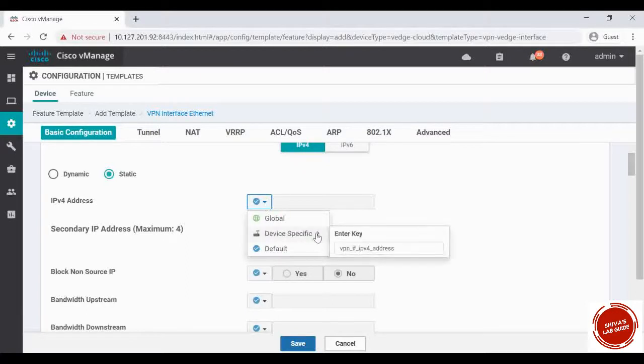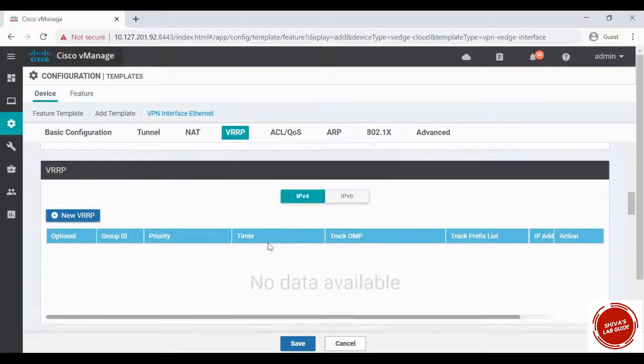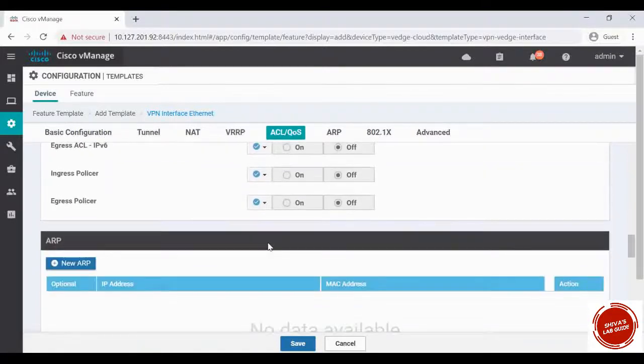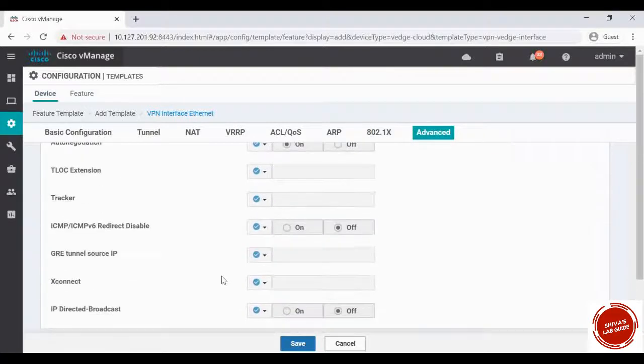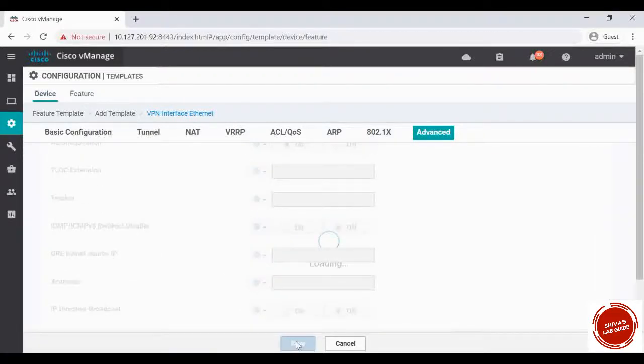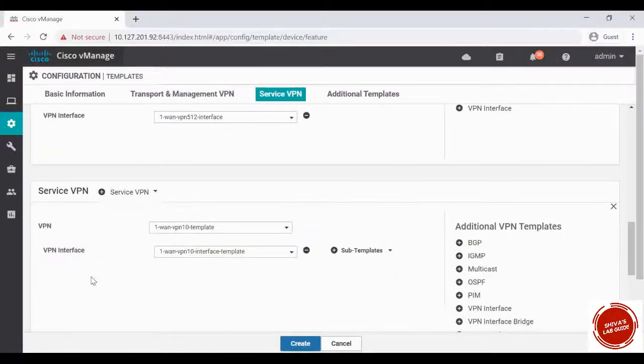That we have to give device specific, VPN 10 interface IP address, you can see. And I'm not configuring anything else. VRRP we'll see in other labs. Rest everything I'm going to keep as it is. The duplex I gave full, and that's it. So now VPN 10 interface template is also completed,